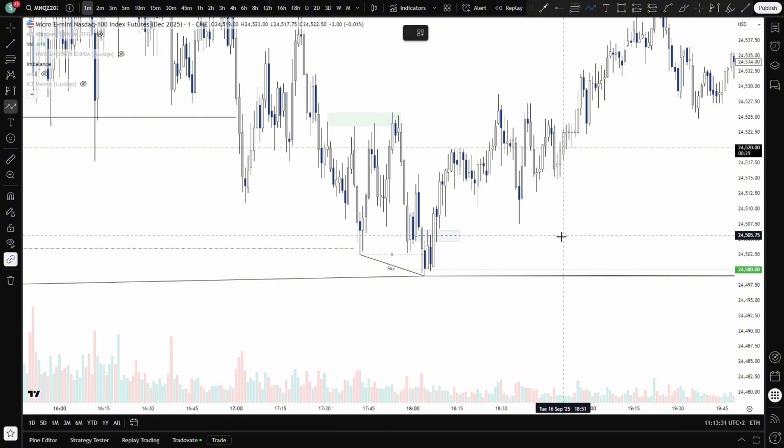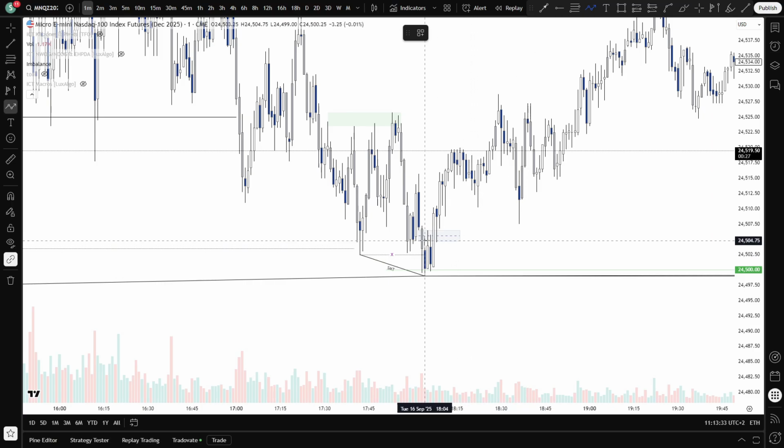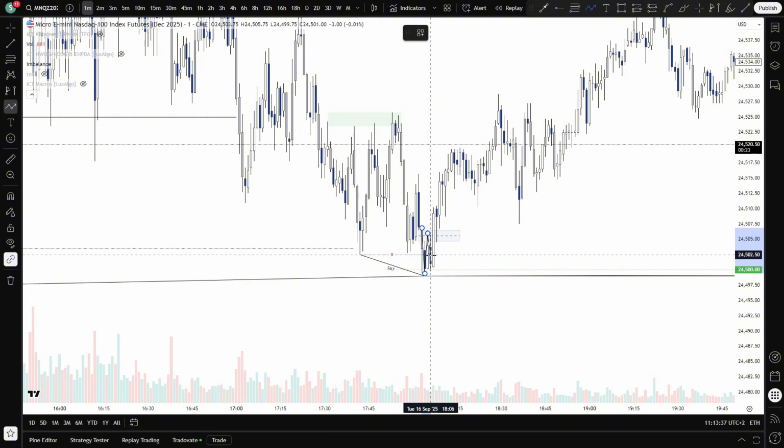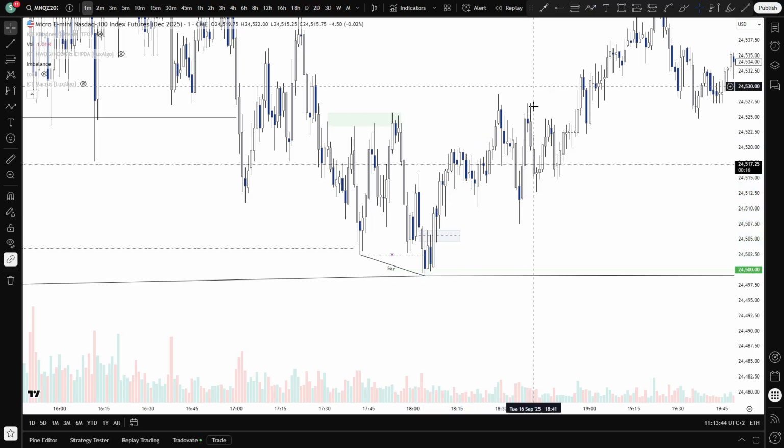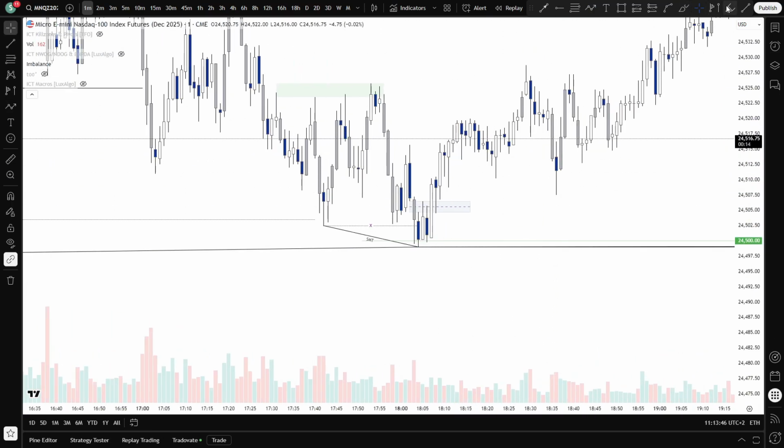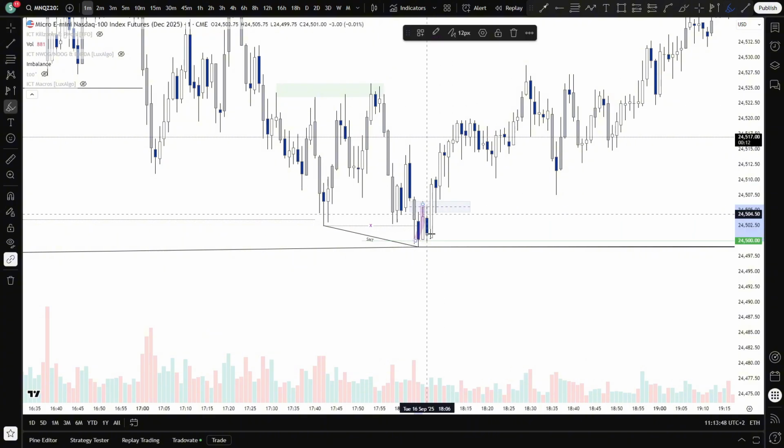Because what do I want to see from a bearish fair value gap to use it as an inverse? I want to see it get tested, get a reaction towards the downside, try to make new lows, but fail, and then inverse it to trade higher. And we perfectly did that. Came into the gap, tried to make new lows, we can't, inverse the gap, test into it, and start